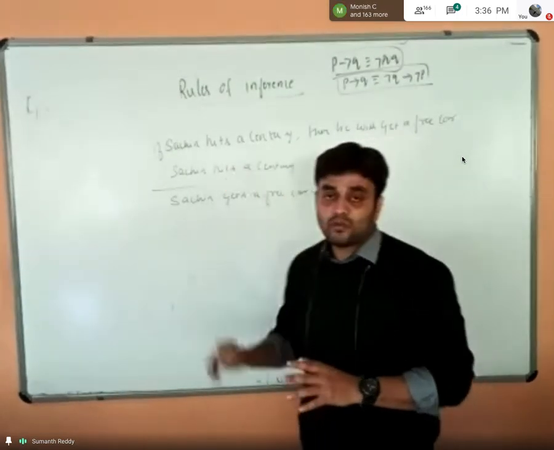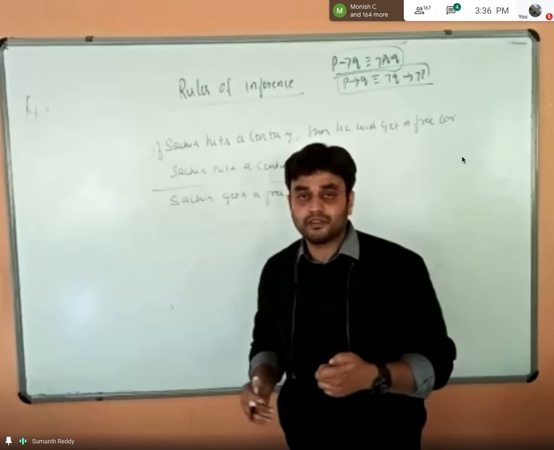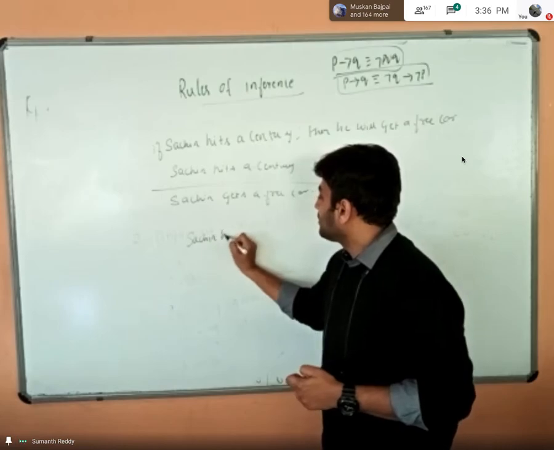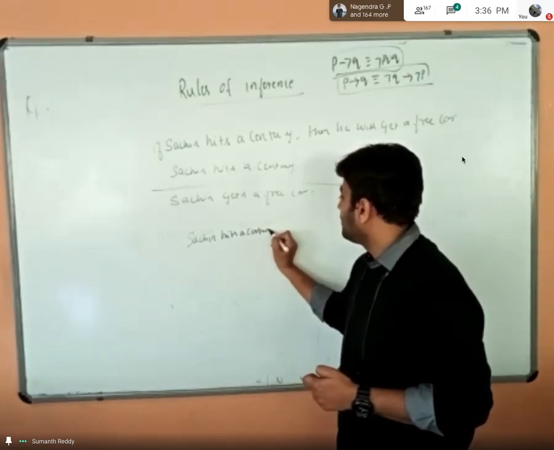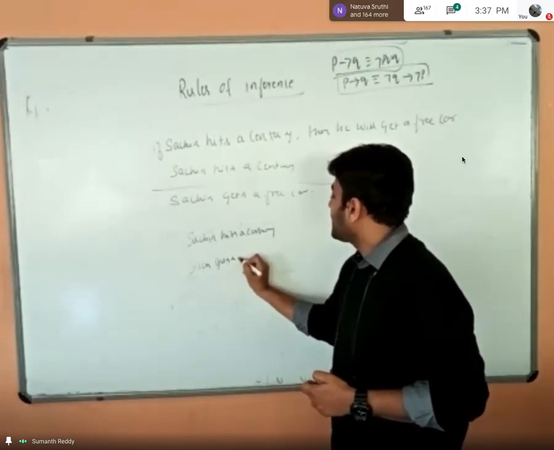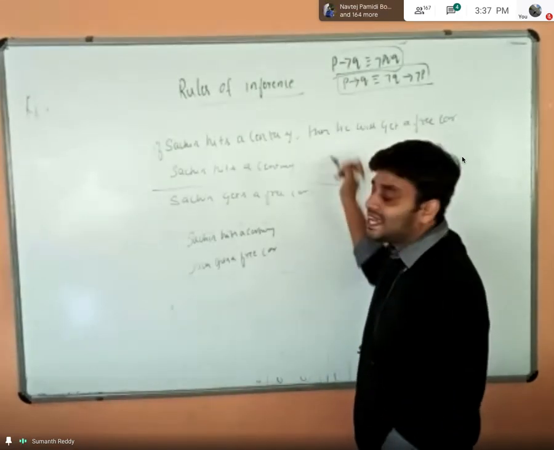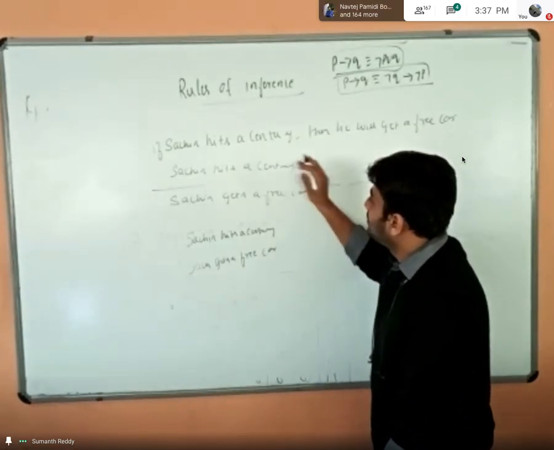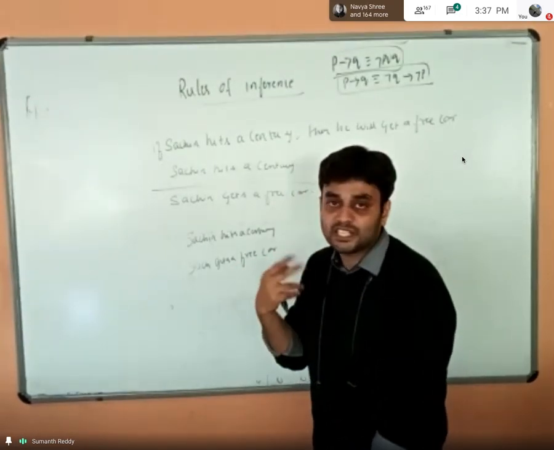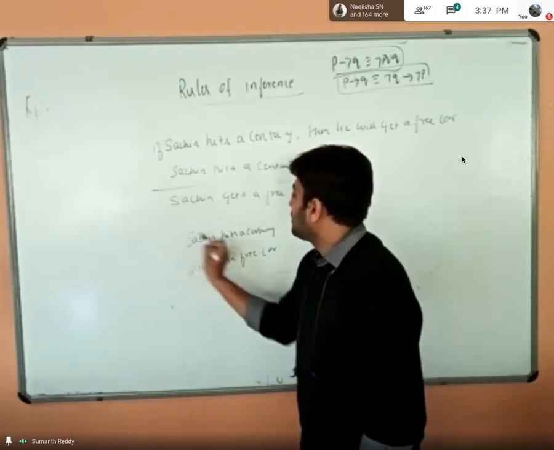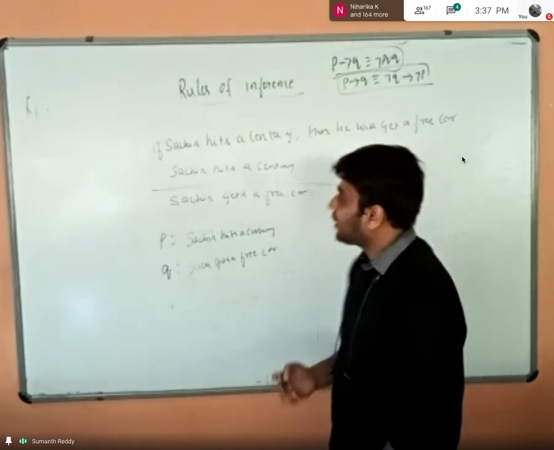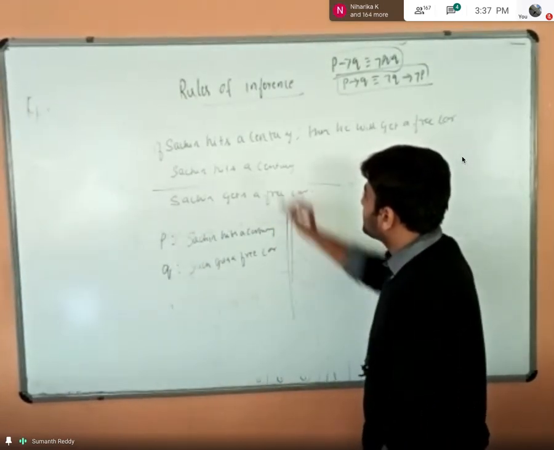What you need to do is, first of all, simplify whatever compound sentences you have. Just split each and every sentence. Sachin hits a century, that is one sentence, right? Sachin gets a free car, this is the second sentence. Is there any other sentence other than this? That's all, right? It is repeated, so we have only two sentences. To represent that in the form of propositions, we need only two. I will assign the first sentence to the proposition P and the second sentence to the proposition Q. Now I will try to represent this mathematically.